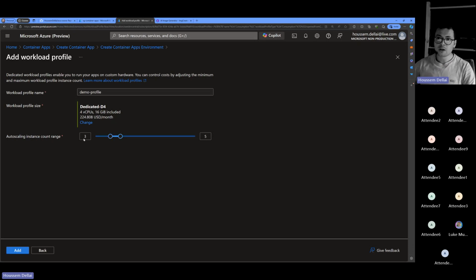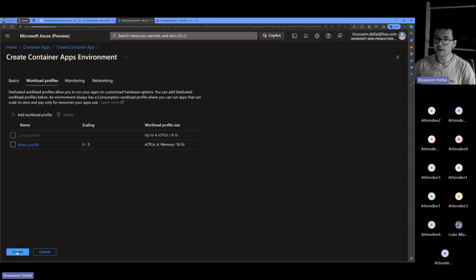So from here, you can choose the minimum and maximum number of virtual machines and let Container Apps decide which should be the right size of your Container Apps environment, the number of VMs. So 3 to 5 here, this is the number of instances of these virtual machines. I'll just make it from 2 to 5, and now here I get a warning saying that 3 is the recommended, because I'm using availability zones, 3 availability zones, so it means better to have 3. Okay, I'll continue with 3, and then I'll move to say here add, and then I'll go to the next